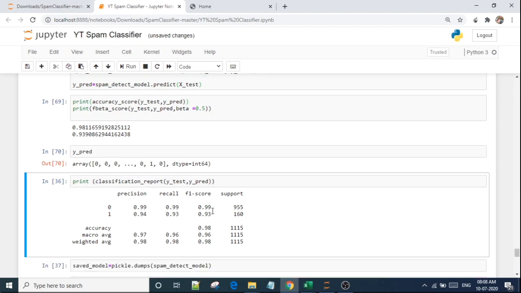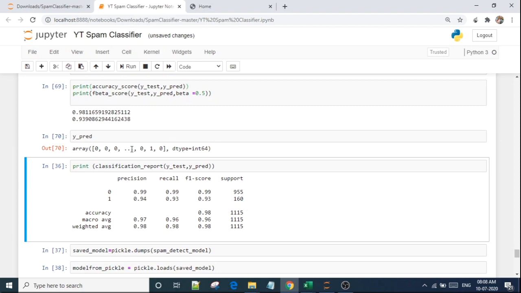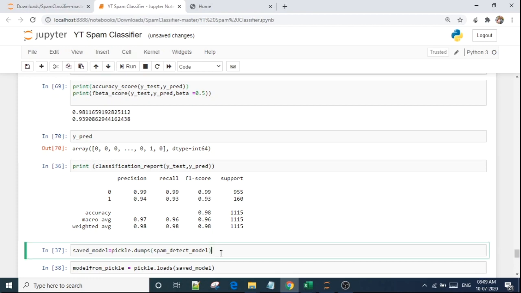At this step we have developed a model. Now we have to create a pickle file. So what is a pickle file? A pickle file is just a serialization of the model, because we cannot use this whole data set or whole code in the web server. We have to create a knowledge of the model, so the knowledge would be transferred to the pickle file. So I will show you how we create a pickle file.